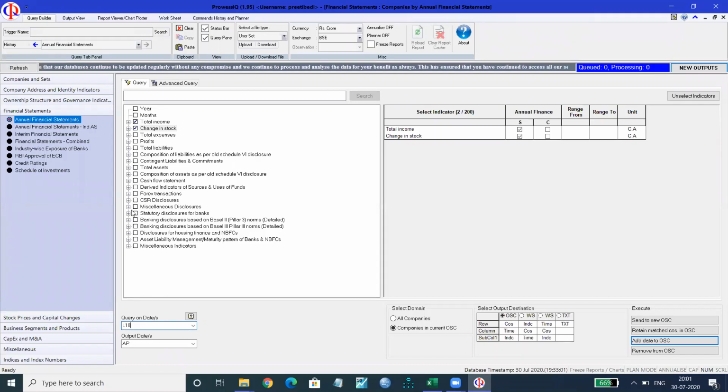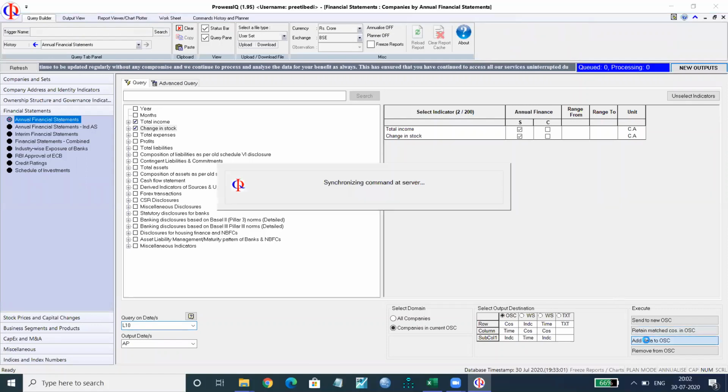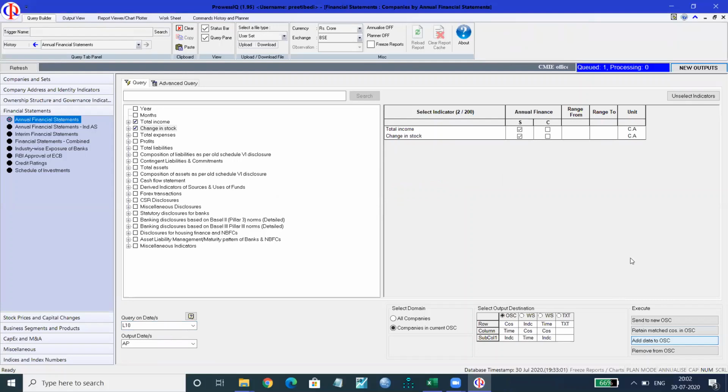So L10, again everything will remain the same, and I will add the data to OSC, and again I have to wait till the time new output starts blinking. Then I will show you the meaning of L minus 1, L minus 2, L minus 3, but we have to wait here till the output sheet is being generated, and you will get the data for the last 10 years for those 50 companies, regarding total income, change in stock.